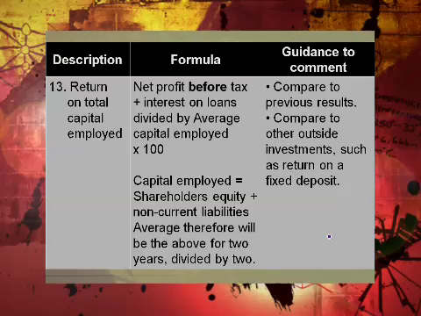Return on total capital employed. Net profit before tax plus your interest on loans, divided by your average capital employed, multiplied by 100/1. What is capital employed? Your shareholders' equity plus your non-current liabilities. Average will therefore mean 2 years divided by 2. Now remember, this one tells you that you're going to compare to previous years, you're going to compare with outside investments such as returns on your fixed deposits, and very, very important, this return on your total capital employed,